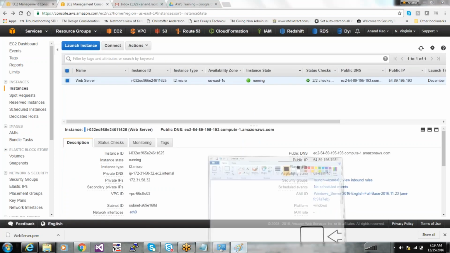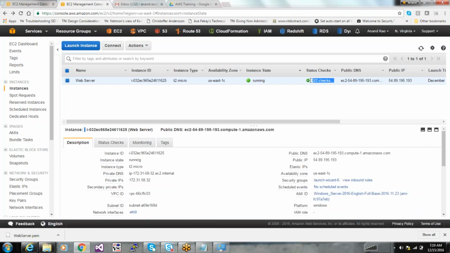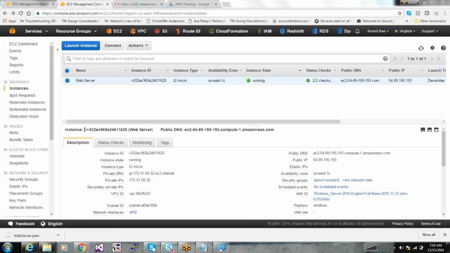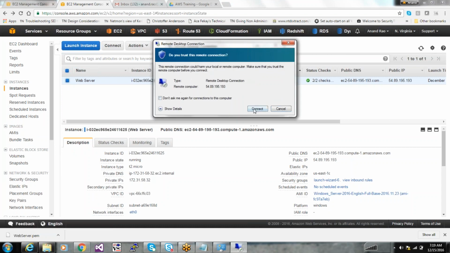Okay, seems like the machine is ready. Let's go ahead and RDP to it. So I was just waiting for this 2x2 checks to complete. The machine is ready. You're gonna go MSTSC and paste it there. Say connect, and connect,